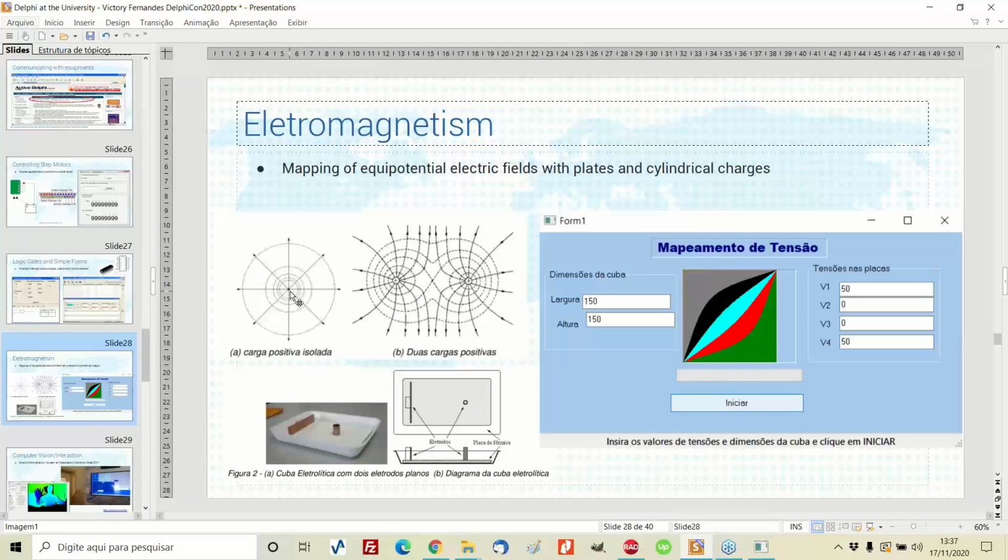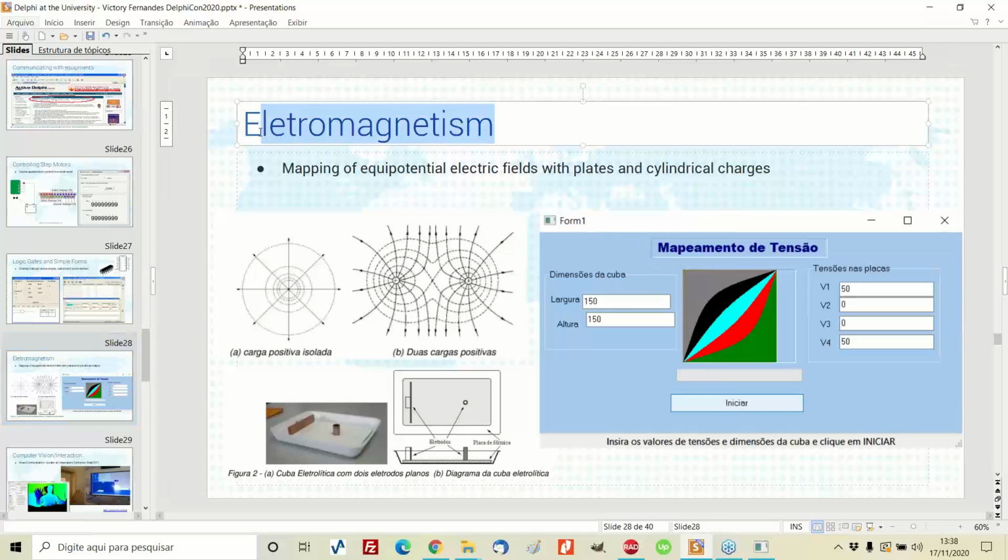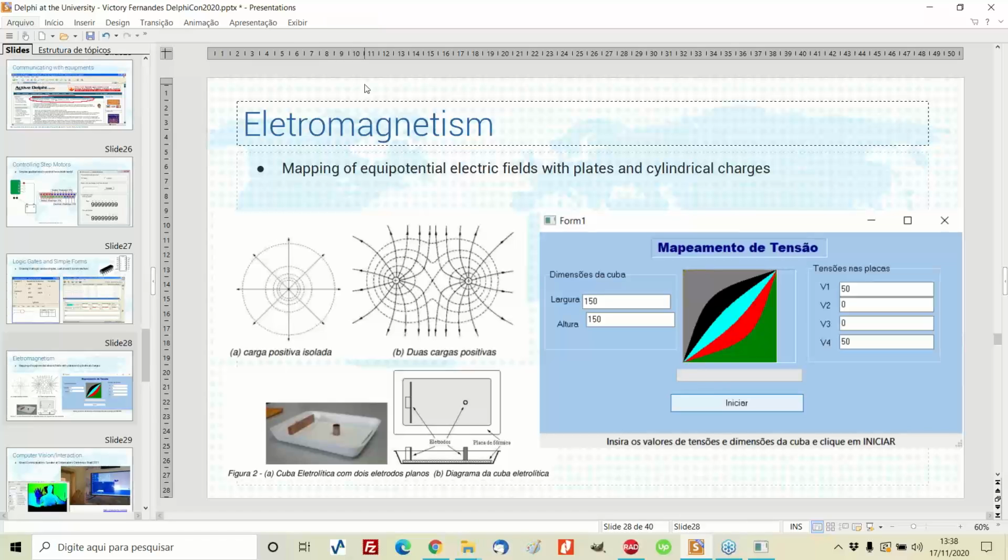You understand how, for example, light goes out of a lamp, if it's a circular lamp or if it is a linear lamp and stuff like that. So we can actually simulate, and this one was a simulation using Delphi for a very, very strong and hard discipline in electrical engineering course. This discipline actually is one of the hardest ones every student faces.